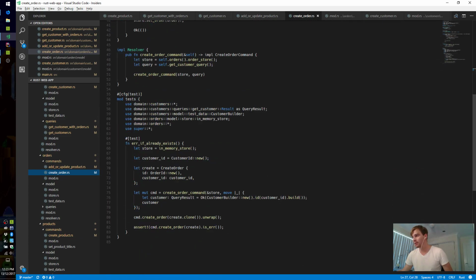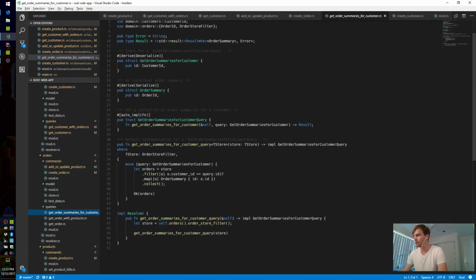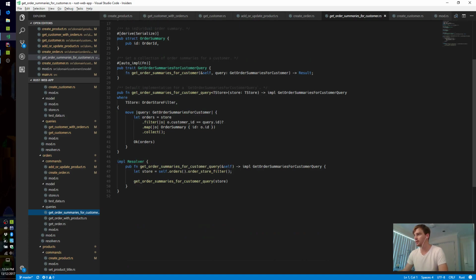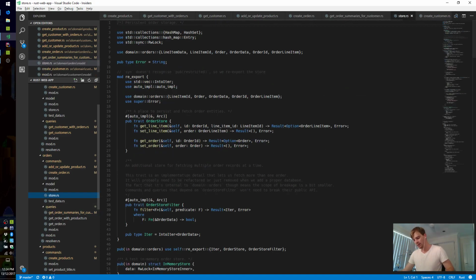Yep, so that one's done. Let's have a look at queries. Get order summaries for customer query. It's just an order store filter. Yeah, this trait, the order store filter trait, is a little bit unfortunate actually. Because we are just storing our data in hash maps in memory,